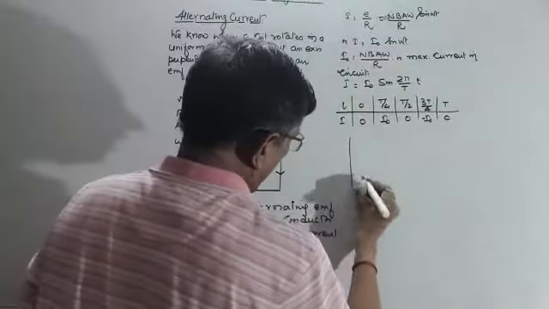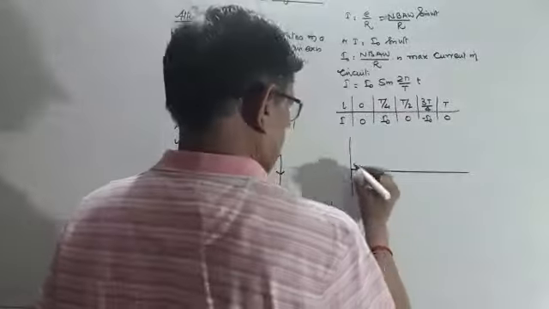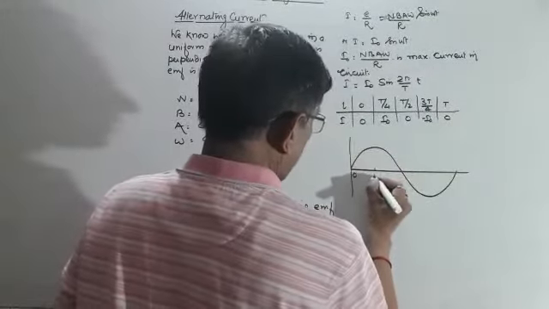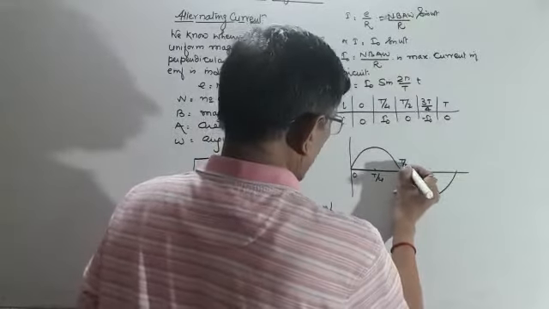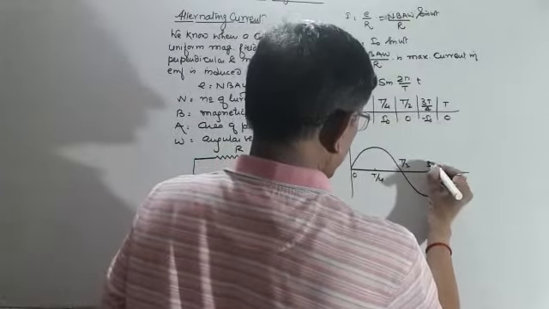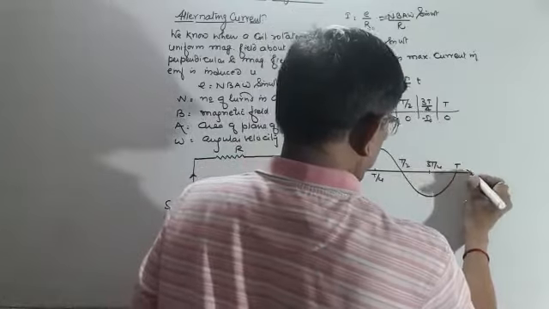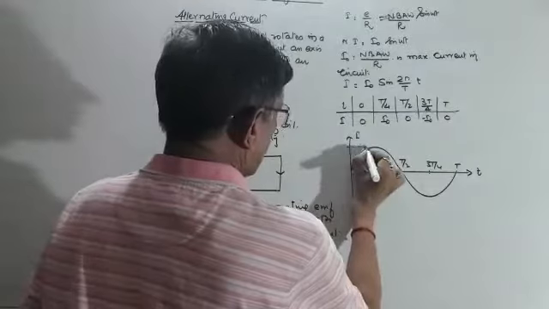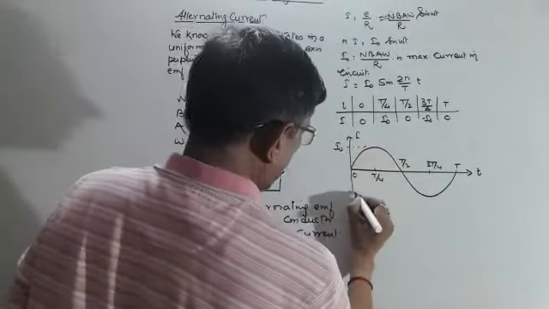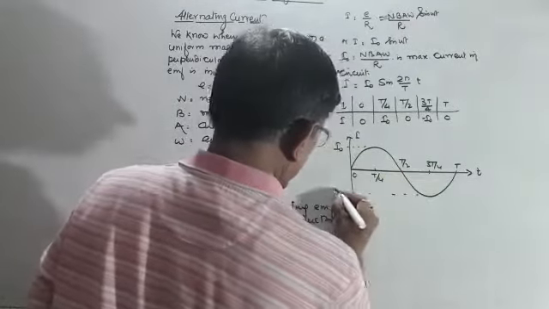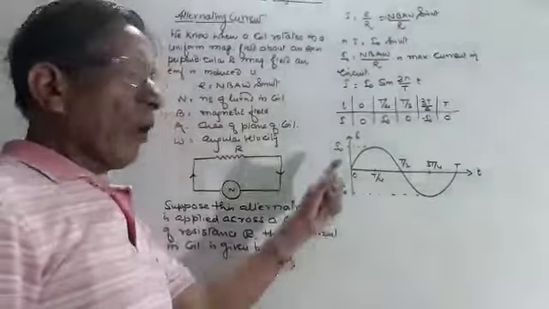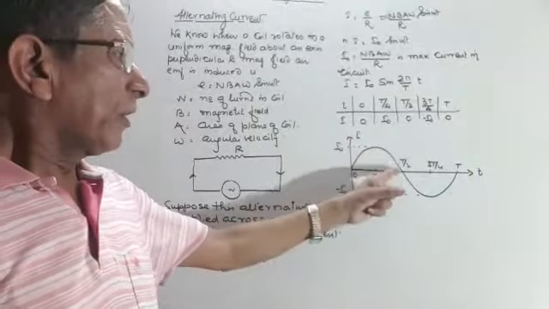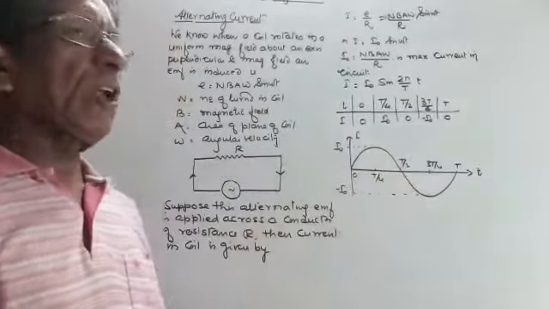If we plot a graph, the graph will be of this shape. That is 0. This is T by 4, this is T by 2, this is 3T by 4 and T. This side we are taking T, this side we are taking I. So this is I naught, and this is minus I naught. So you are going to observe that current is going to reverse its direction after equal interval